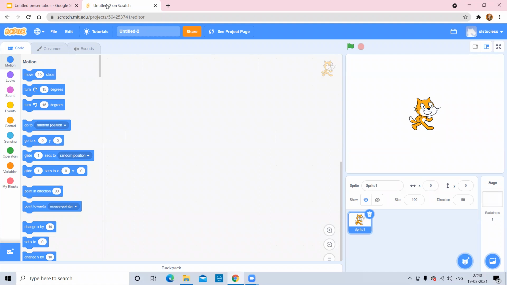First way is to make the sprite move forward and backward, to move and move back. And in the second way, I'll be explaining with the coordinates how to make the sprite move in the four directions: forward, backward, upward, and downward. If you feel it's difficult with the coordinate system, I'll tell you another method by using the pointing direction to move the sprite. So now I'll be explaining the first way to move the sprite.